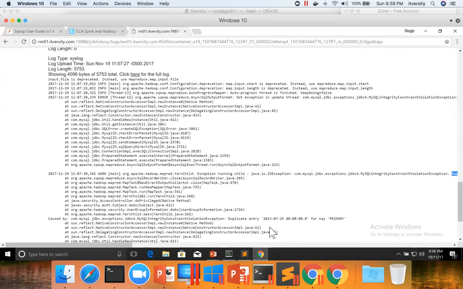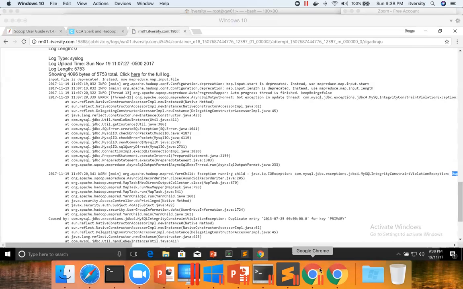If you try to export the data where there's a primary key in the target table, and if there's any data which is matching the existing primary key value, it will fail with this exception, as it is trying to insert the duplicate. So the default behavior is always insert. So to change the default behavior